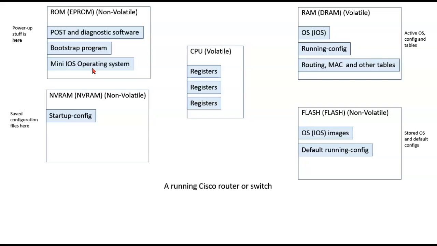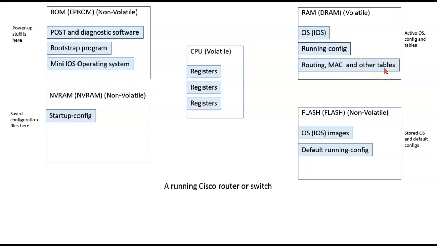for diagnostics. There's RAM, or random access memory. This is empty when the router or switch is first turned on, but it holds the currently running operating system once it's in use, and then the running configuration and routing tables, MAC address tables, and other tables that exist